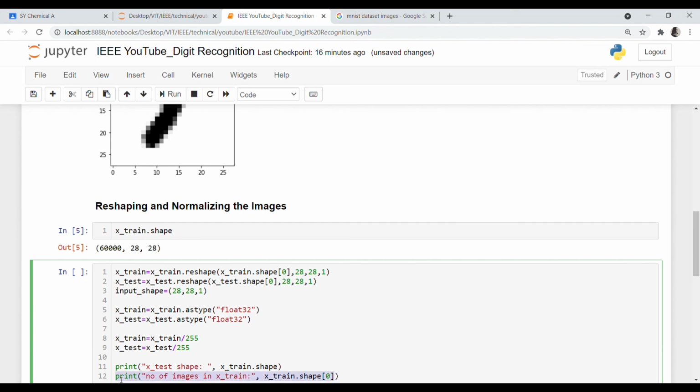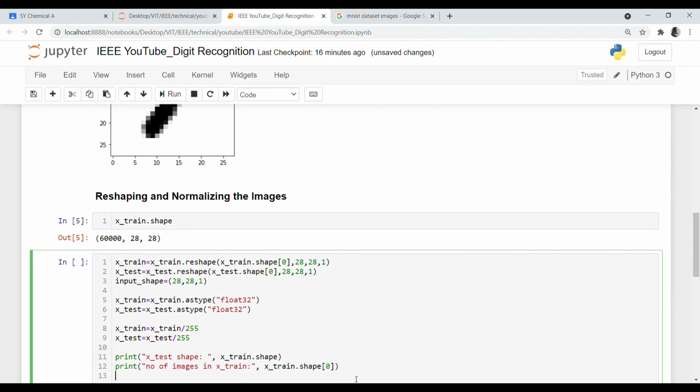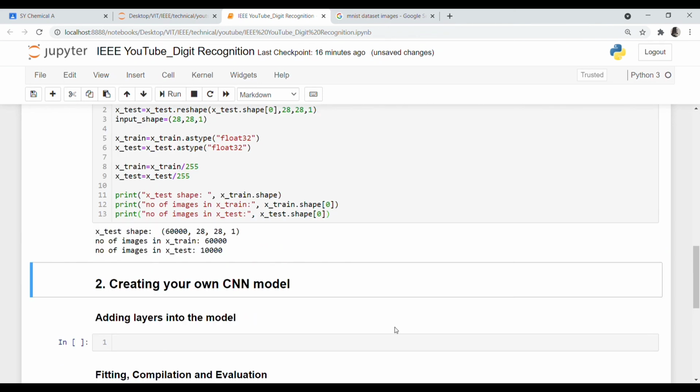Similarly, we want to do it for X test, so I'll just copy paste it and change it to X test, and I close this bracket over here. Let's run it. Yeah, so we have successfully converted into a 4-dimensional array. We see that there are 60,000 images in X train and X test has 10,000 images.